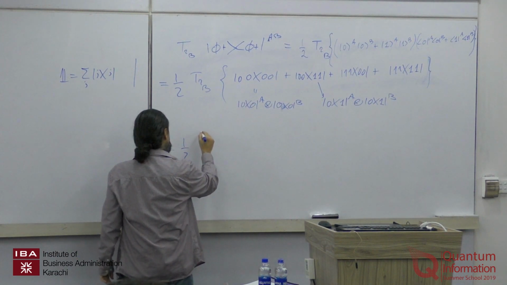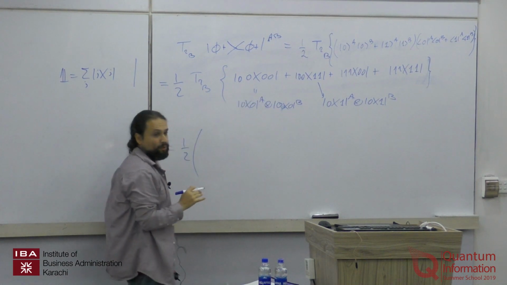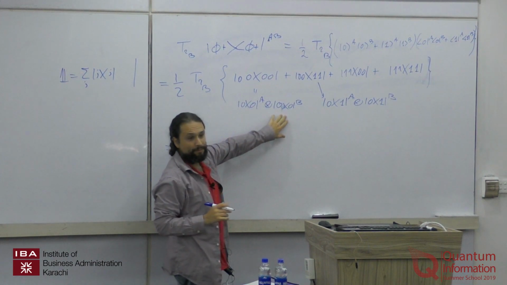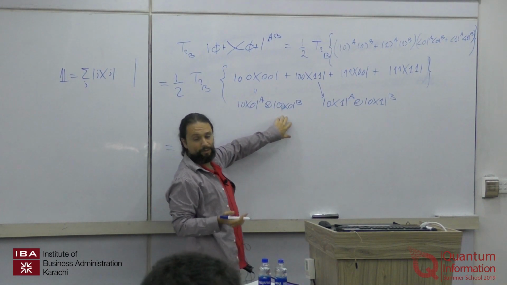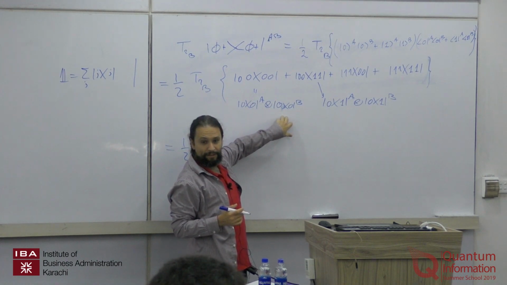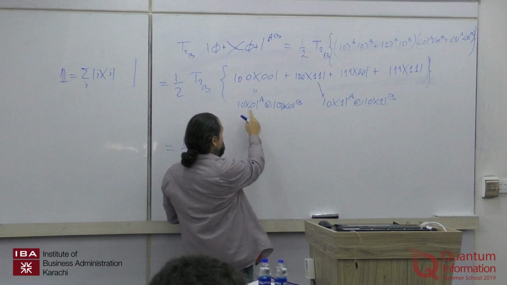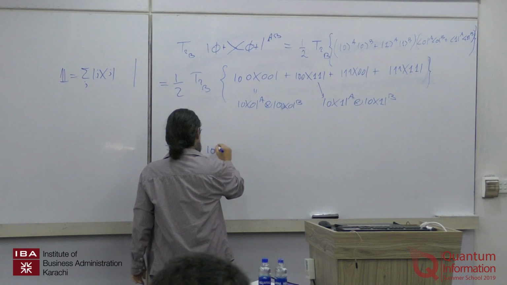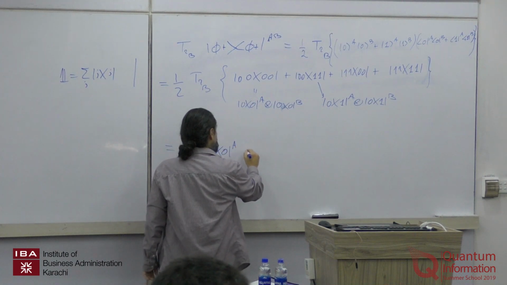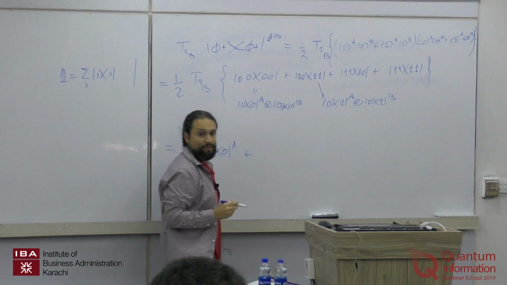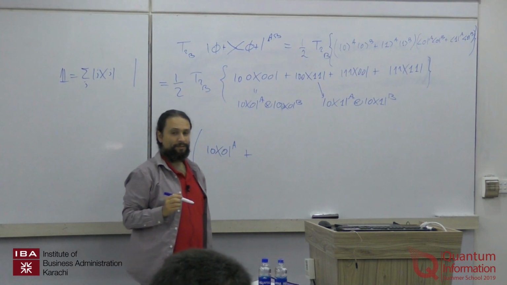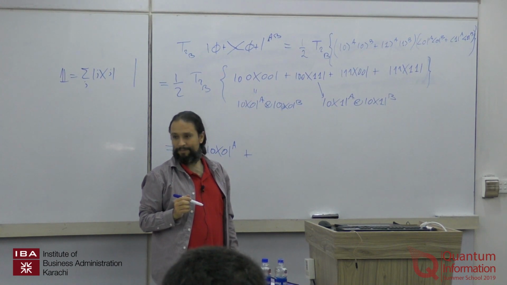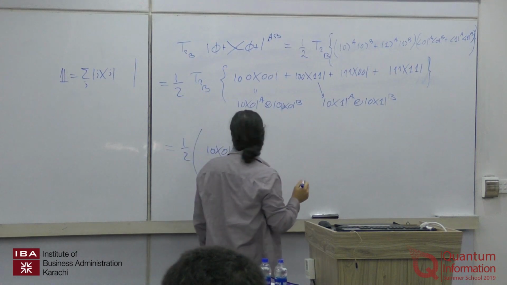We have 1 over 2. So partial trace of this is equal to, so we have to take the trace of only this part. The trace of any normalized state is 1. So this gives us 0, 0, A plus, and what is the partial trace of this? 0, 0, A. Because they are like 0 ket, 0 bra, A. 1, someone says 1, someone says 0. So we have to take the trace